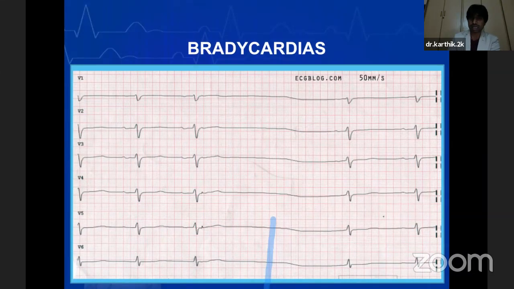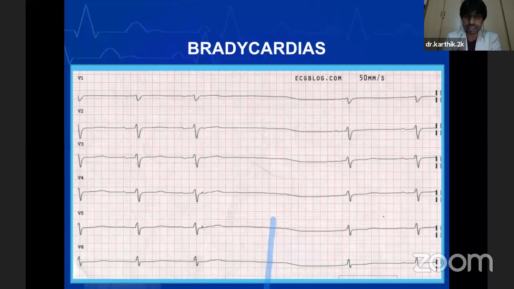So this is another illustration. If you see leads V1, V2, and V3, although it's not very clear in V4, V5, V6, you can see that there is a P wave followed by a QRS complex in beats 1 and 2. However, the PR interval is quite prolonged until the beat completely disappears. So this is a problem which is happening at the AV junction.